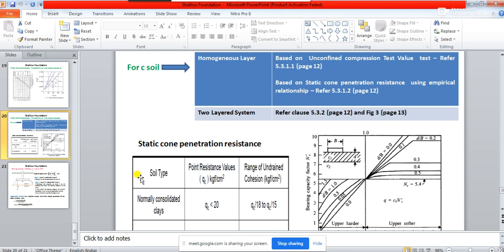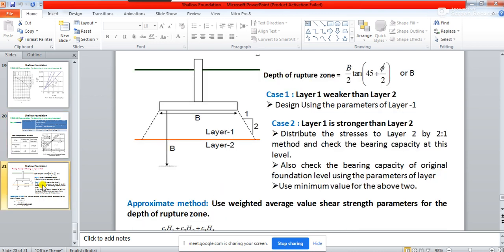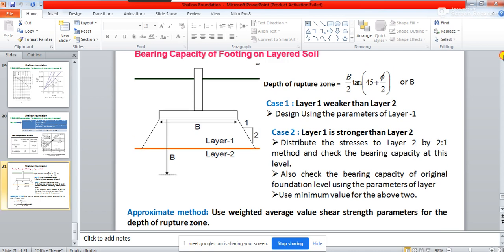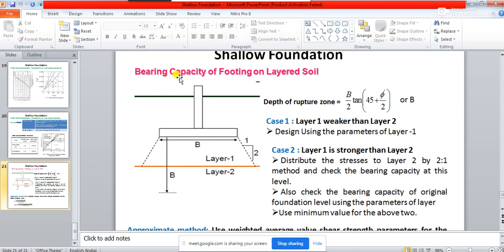Okay. But at the final slide for bearing capacity, you see, this is your shallow foundation, and this, what it should be there, what you should be using for a layered soil. What do you mean by layered soil? See, we are till now discussing about the bearing capacities, considering the soil will be possessing